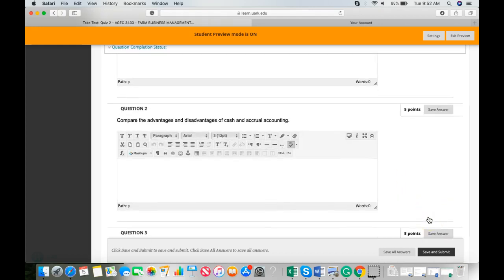Compare the advantages and disadvantages of cash and accrual accounting. So I can tell most of you looked in the book in order to get this answer. For the most part, the answers were correct,